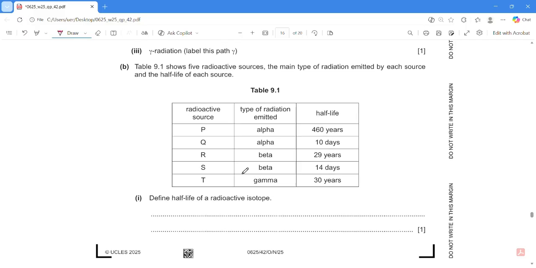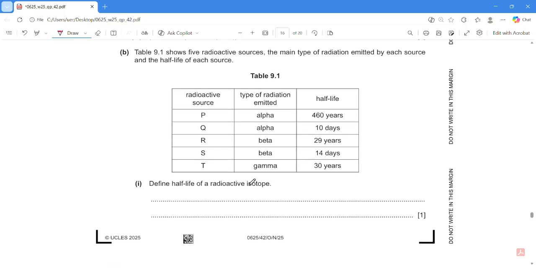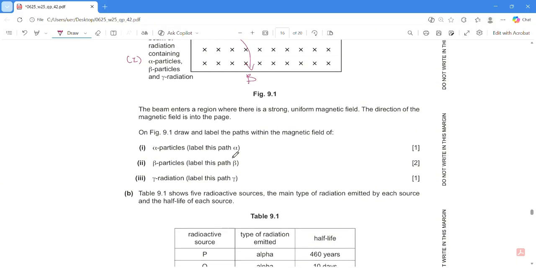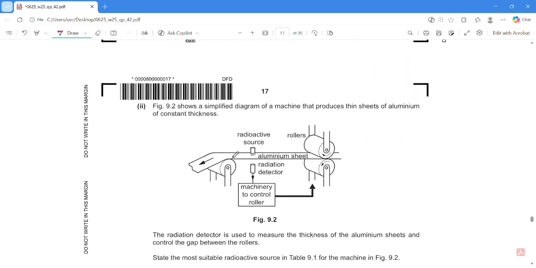And then the next one, we have a table, define the half-life. So what's half-life? Half-life is the time taken for the nuclide to decay to half. The nuclide decays into half of its original value. And then the next one,